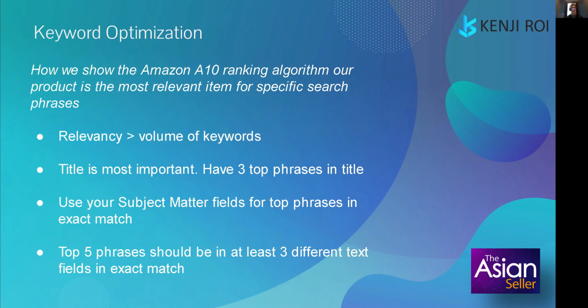And my number 1 rule for Amazon keywords is relevancy over volume of keywords. Way too many Amazon sellers, for example some of our clients, want us to write their listings and they'll send us a list of 100 different keyword phrases that they want put in their listing. And that's just way too much. If we tried to put in 100 keyword phrases into the listing,